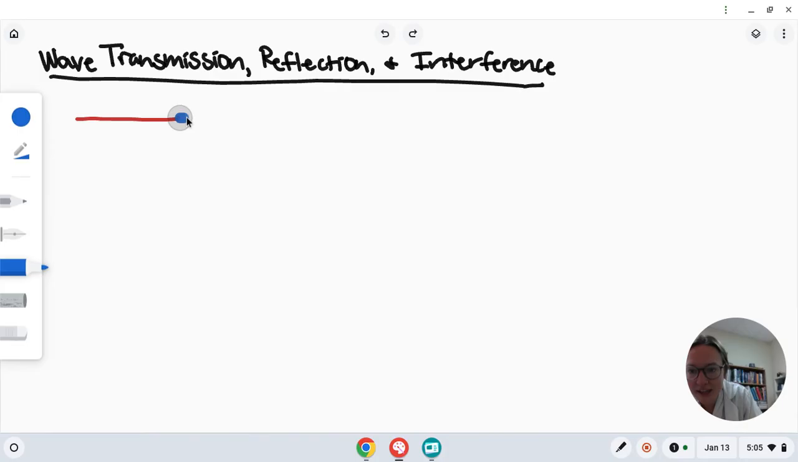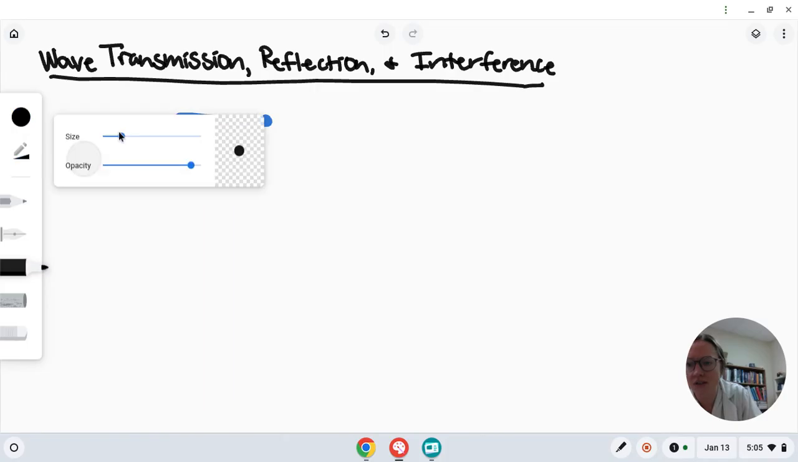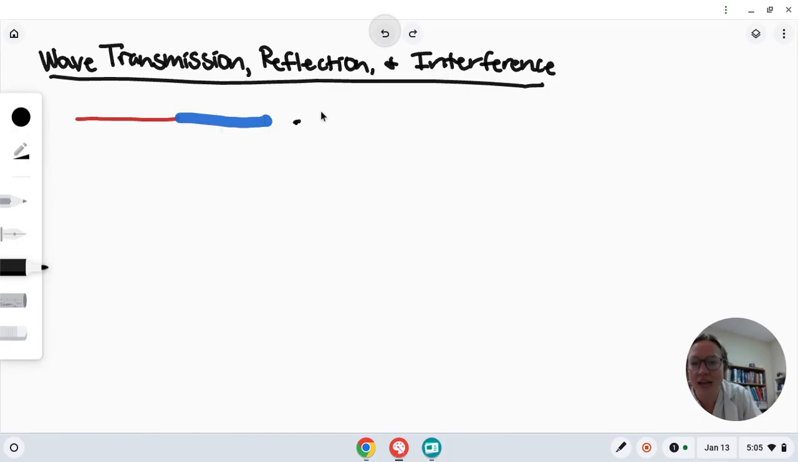Okay, so what you saw here is you had this very light rope that was connected to this heavy rope here. And you saw that a few things changed. The first thing that I want you to pay attention to is as the wave passed from the light rope into the heavy rope, the speed,